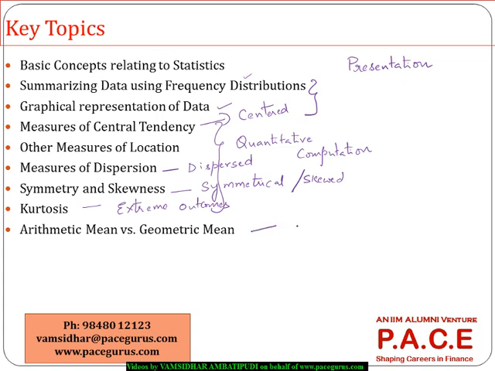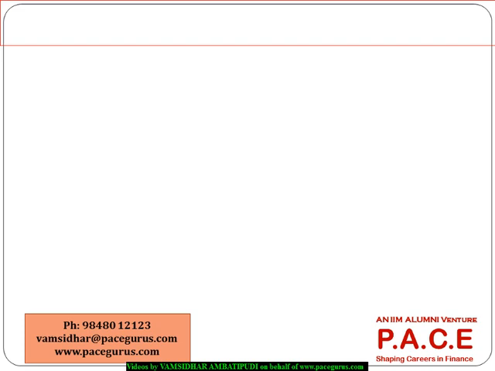And finally, we'll try to see some kind of investment related applications, where I really need to use either a geometric mean or an arithmetic mean, and how can I decide what I can use in what kind of a context. So with that as a base, let's simply get started with the basic fundamental concepts